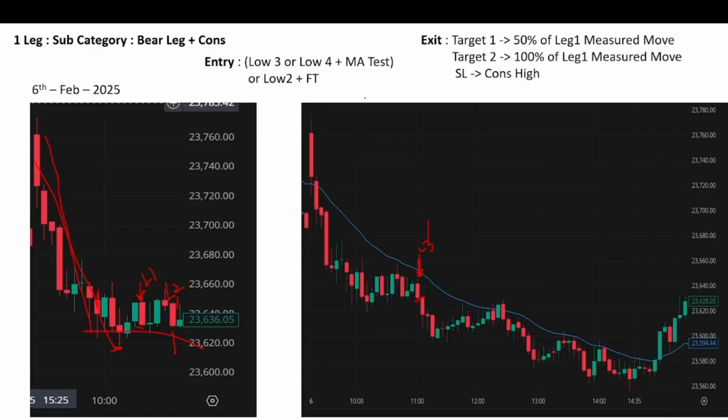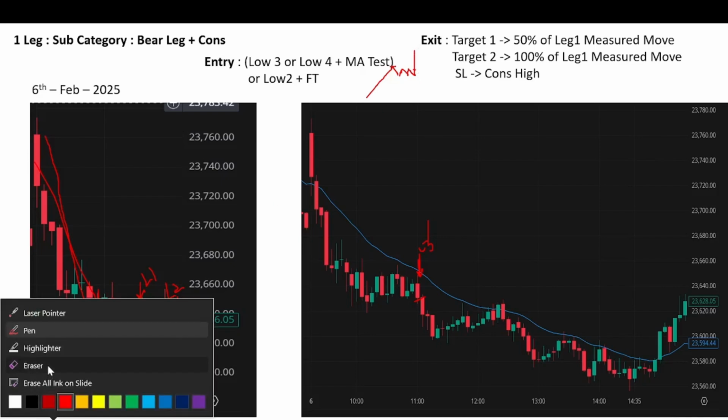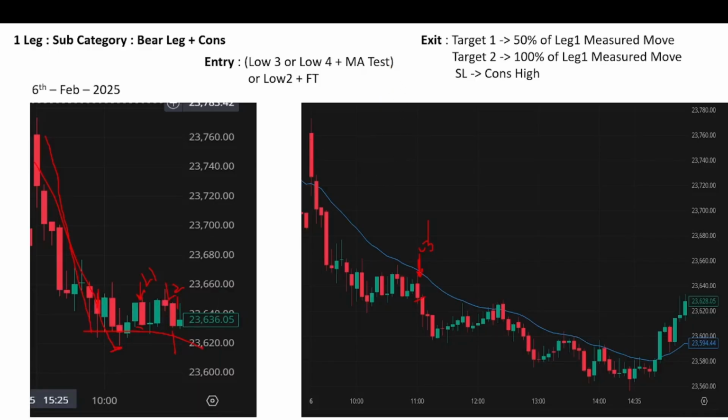Same goes for the bulls. In the bull market or the bull swing, when it pulled back or is consolidating, the first attempt to go higher than the previous high by the bulls will be high 1. If that fails, the second attempt to go higher is high 2. If that also fails, the third attempt to go higher is high 3, and so on. I hope that helps, but if you want a separate video on that, feel free to comment.